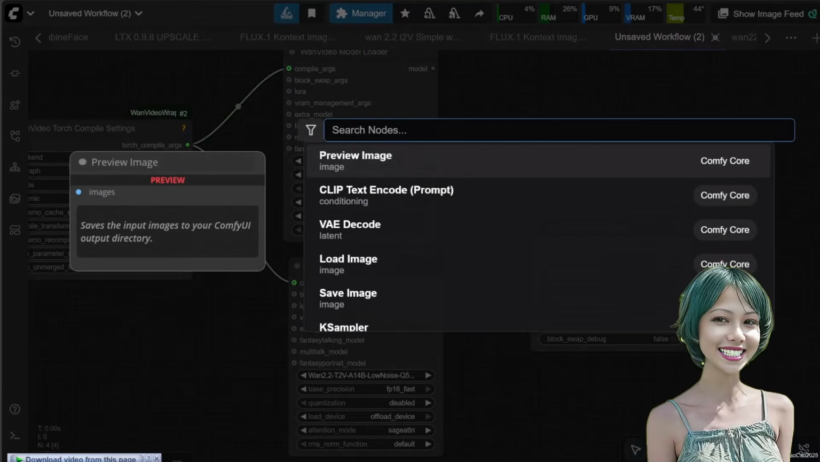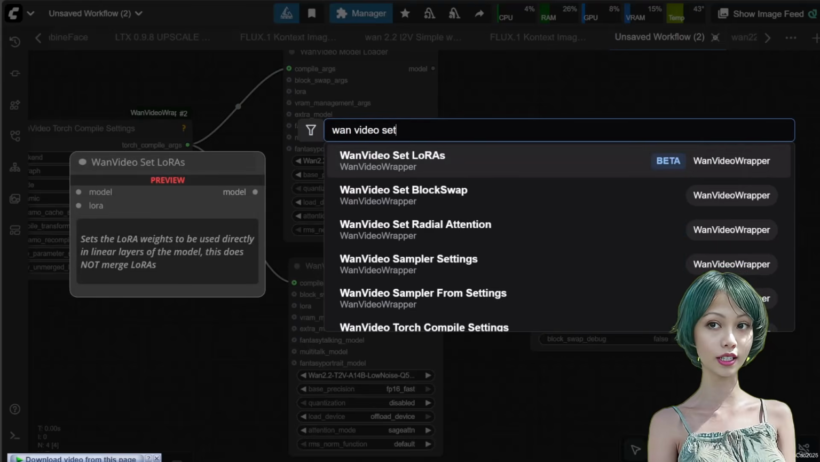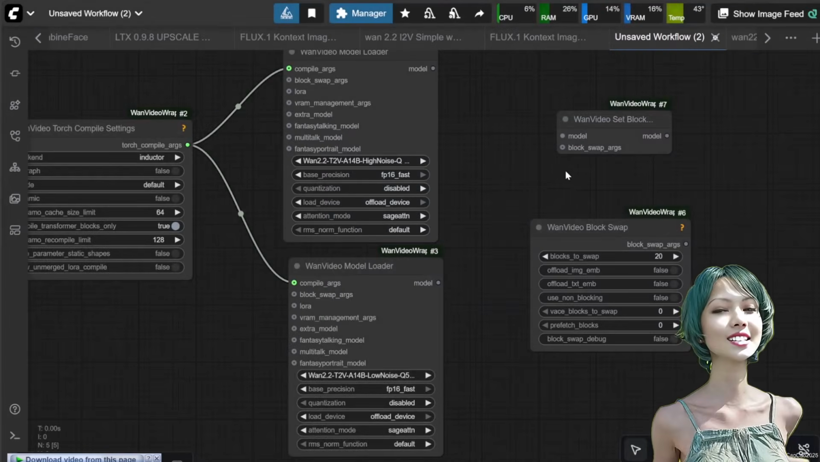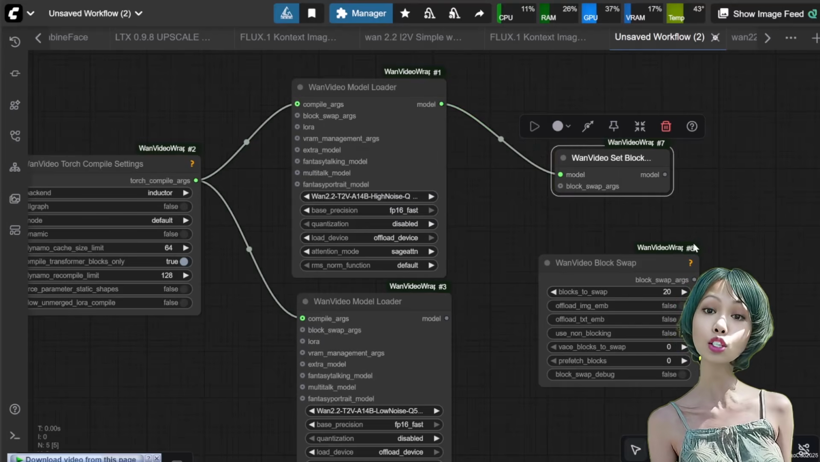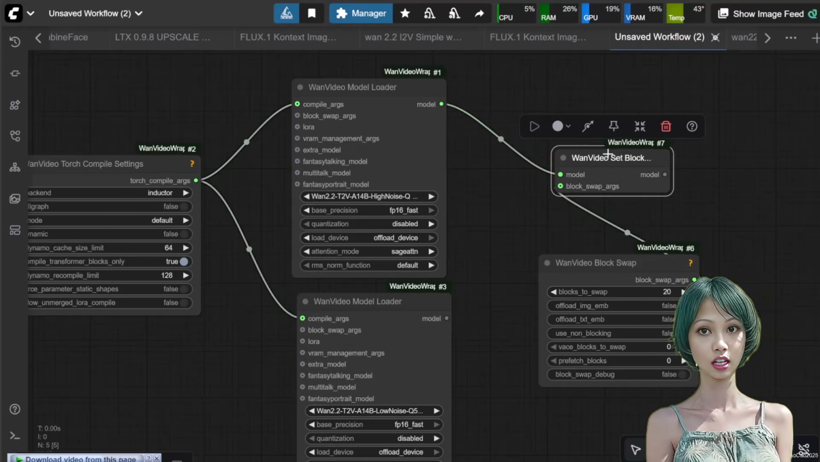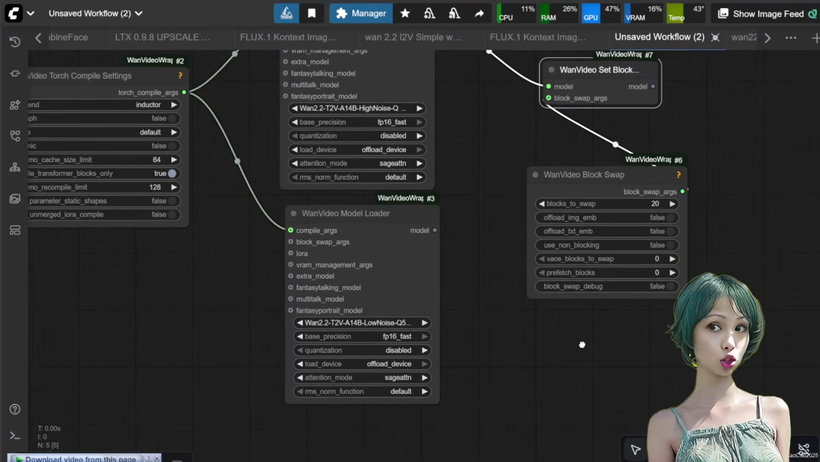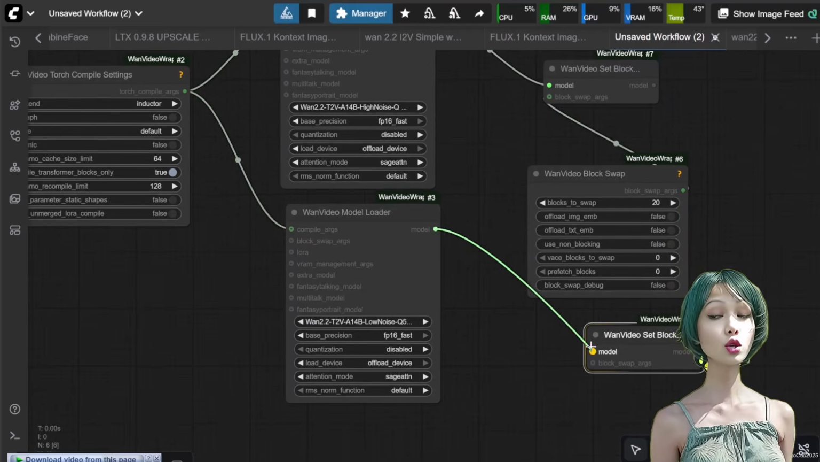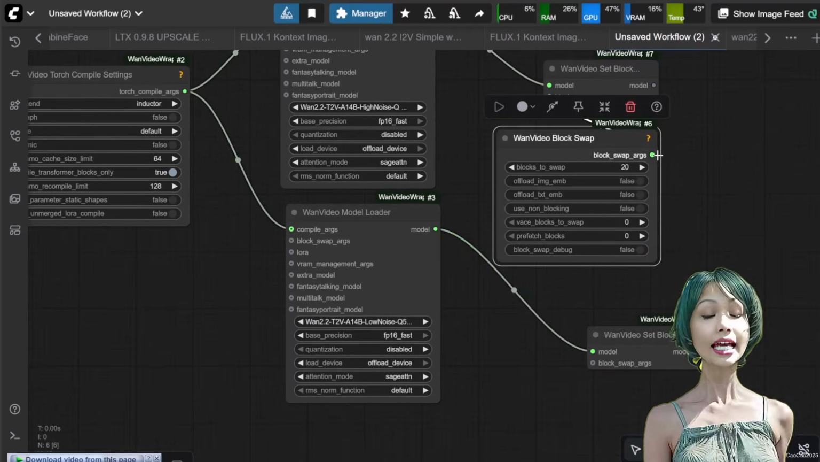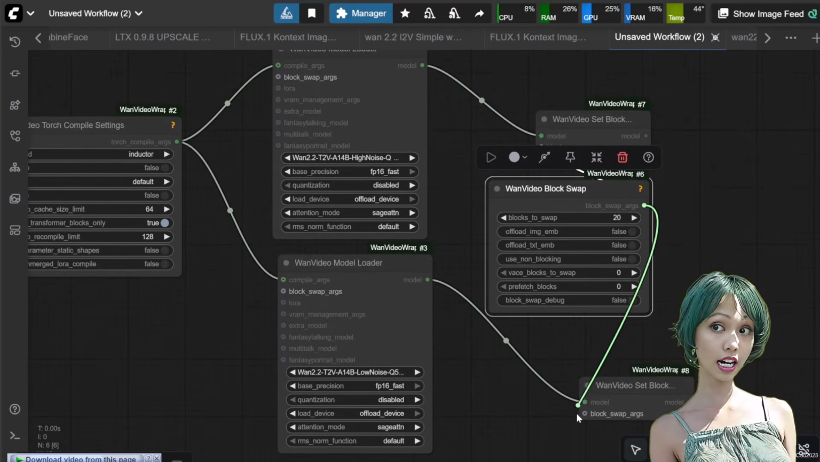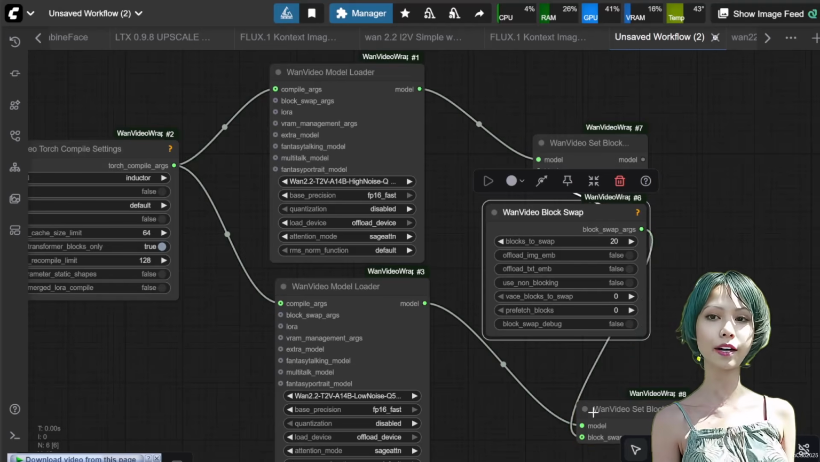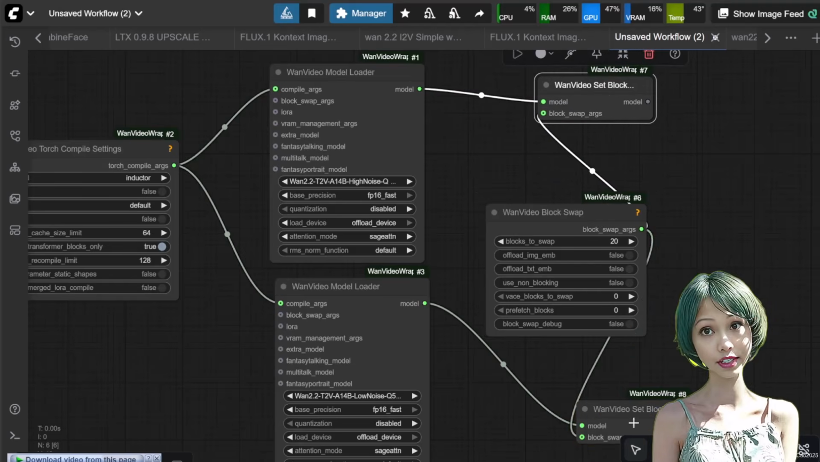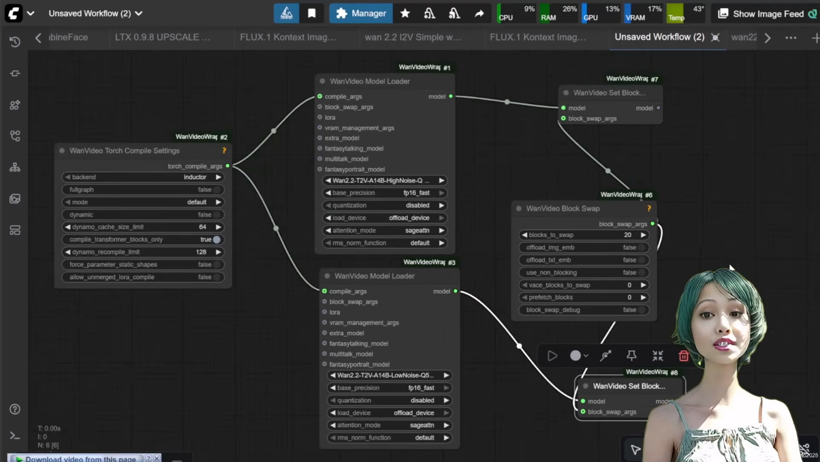To actually apply these savings, we need the WAN Video Set Block Swap node. This is like the adapter that plugs our settings into our models. First, connect the high noise model loader to the model input, and then plug our block swap settings into the block swap args input. Now just duplicate that node. Connect this one to the low noise model loader and share the same block swap settings. By doing this, both stages of our video generation will use less memory, making the whole process much more stable